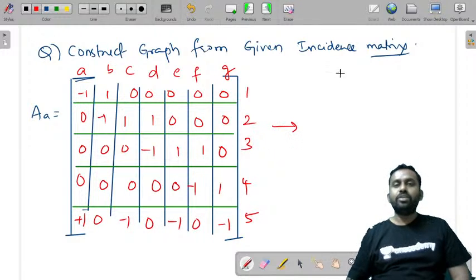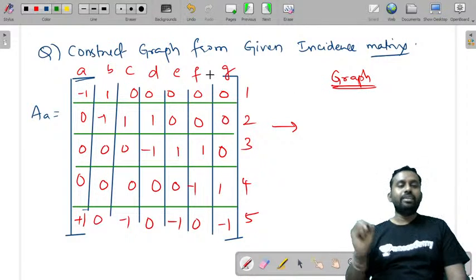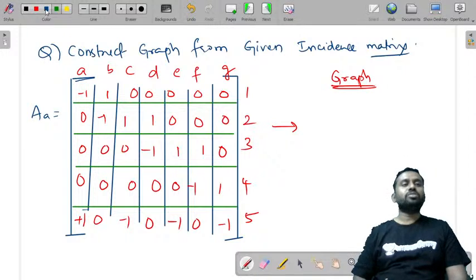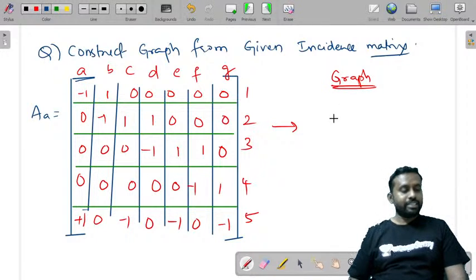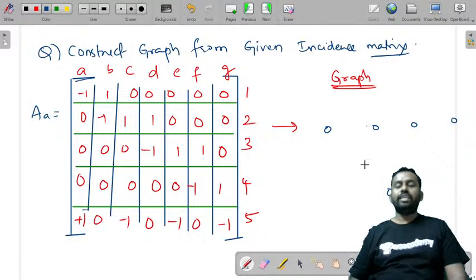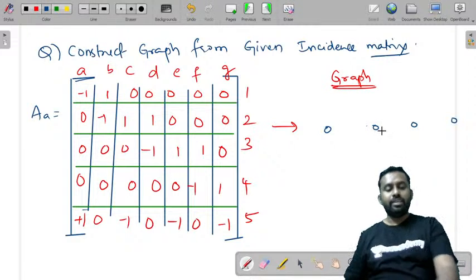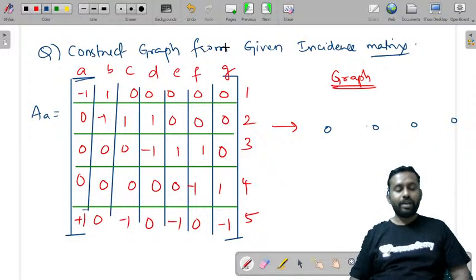Now from this you need to draw a graph. Now how do you do that? That is very important. The first thing that you have to do is, how many nodes are there? 5 nodes are there. Just mark those nodes. So this is 1, this is 2, this is 3, this is 4, and this is 5. Generally take one node as the reference node, and the rest of the nodes either in a series, in a line, or one up and one down.